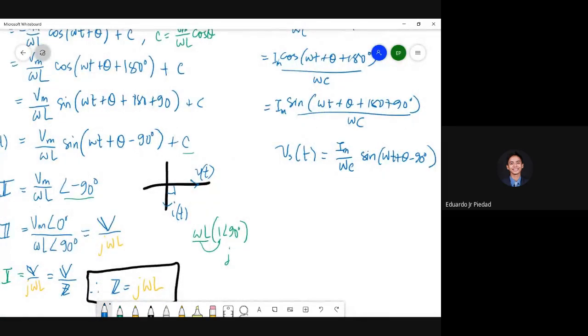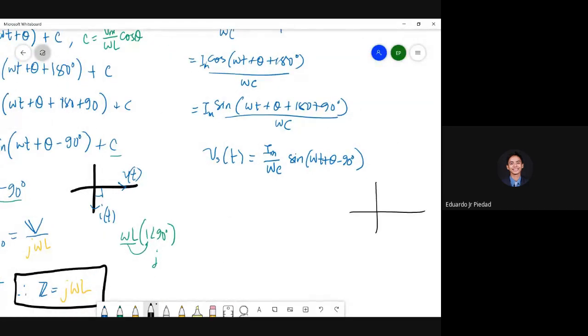Okay. So if you draw this example, so we have your I. This is your IS, and then your VS is here. Okay. In our video, we have the voltage here, and then your current is here, which is the same. Okay, because they are 90 degrees out of phase, positive. Okay, so therefore, if you want to construct this one, so this is V